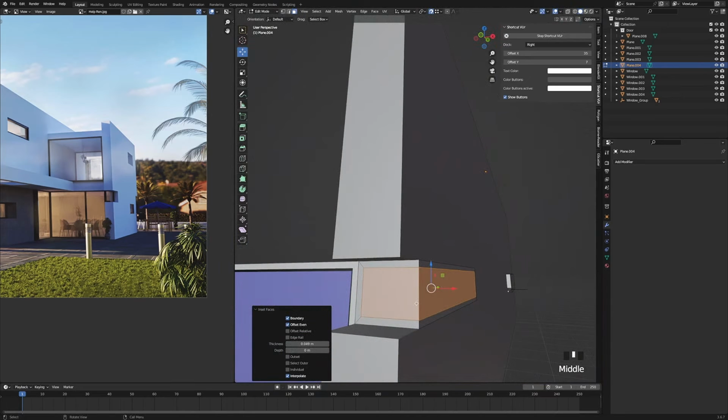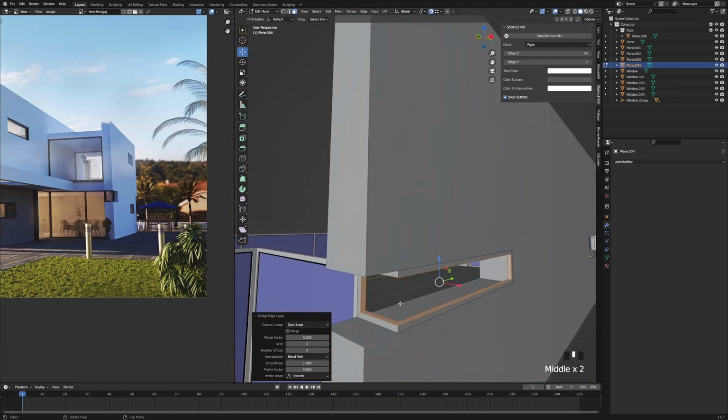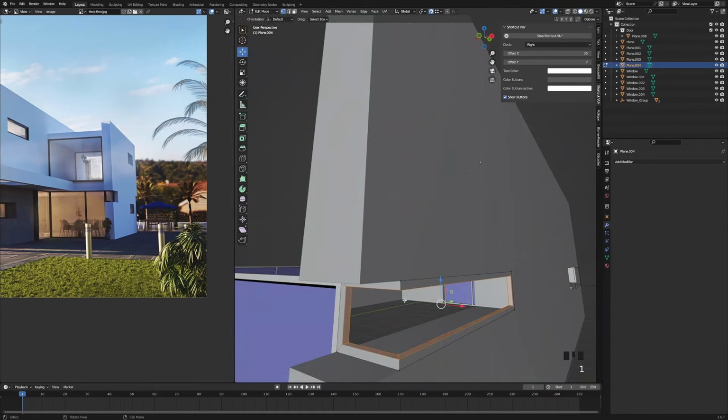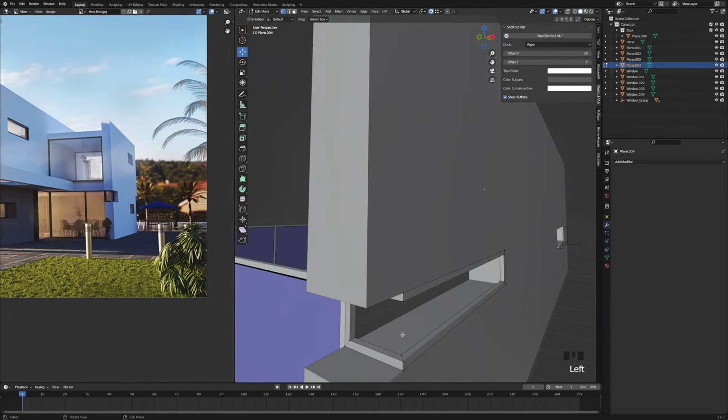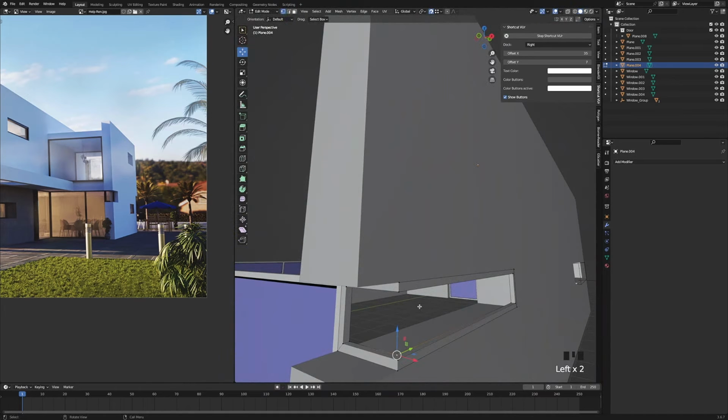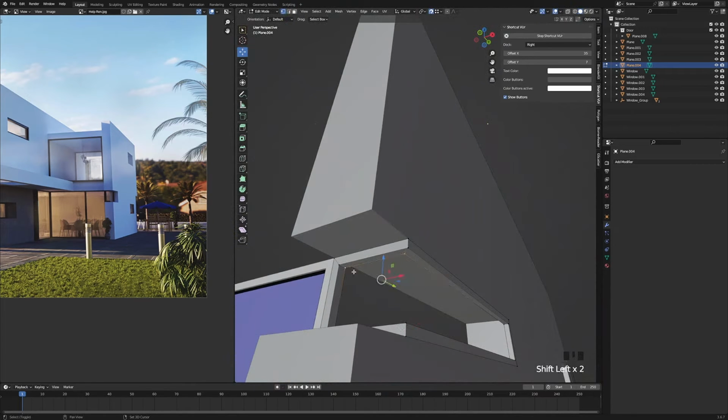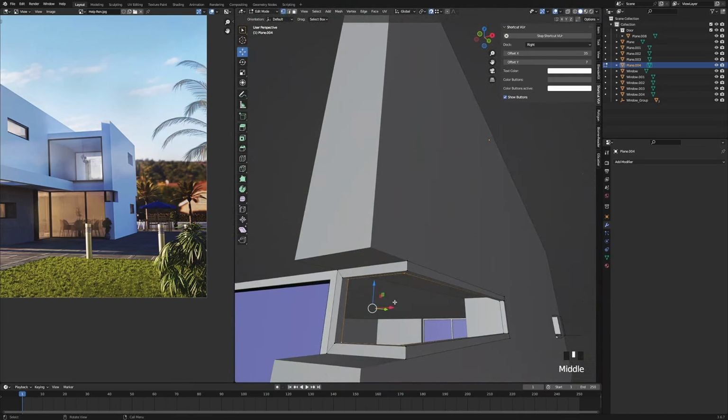And then to make the hole, we're going to right click and bridge them together. And then we're going to press 1 for vertices, and we're going to select these 4 vertices at the front here, and press F to fill them in. Select these 2 and these 2 at the back, and press F to fill them in.